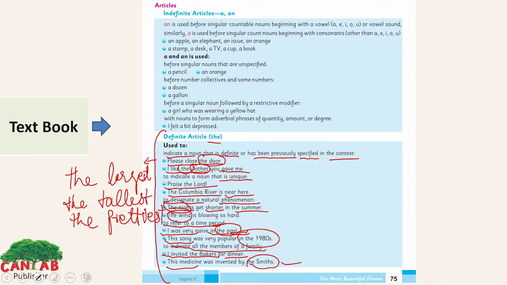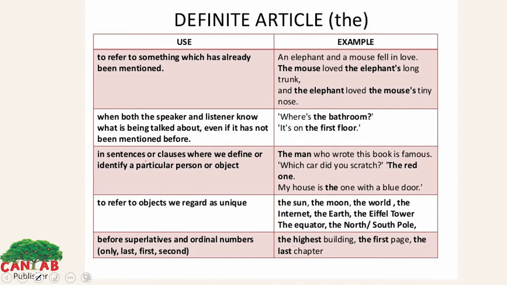But those superlative degrees which end with the est or iest. The definite articles here, the use and the examples we have to refer to something which has already been mentioned